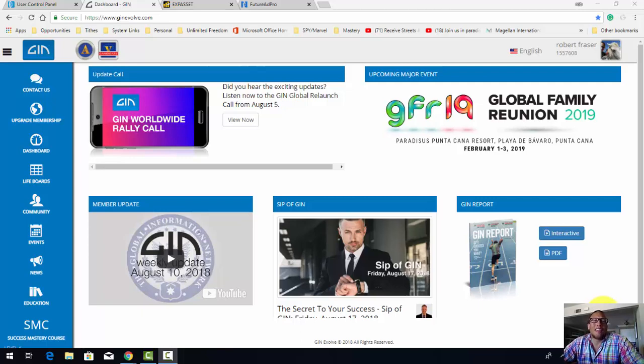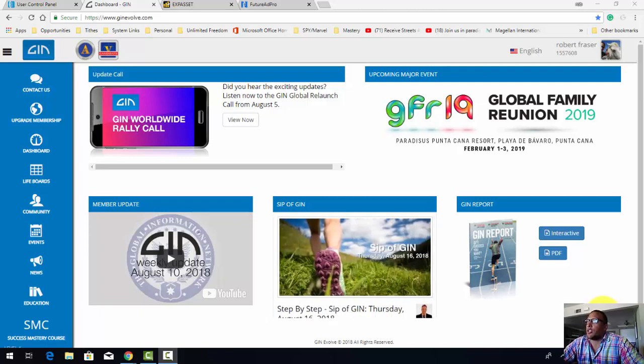So this is for active members, so for people who have paid the initiation dues to become a Level 1 member. To become a Level 1 member, it's one time, $495. So that right there gets you access to Level 1. As you can see up here, I'm a Level 5 candidate, but again, this is for Level 1s.